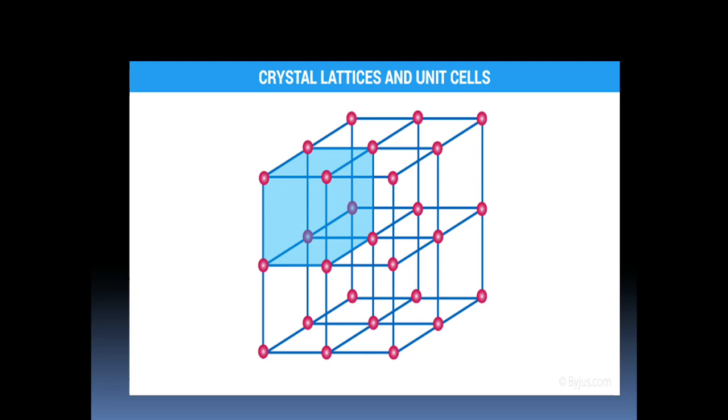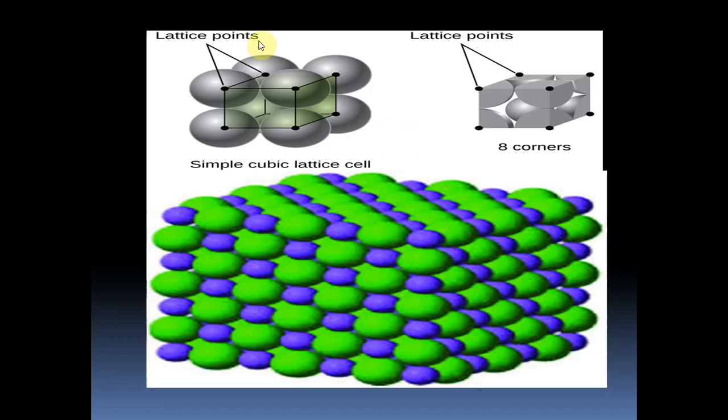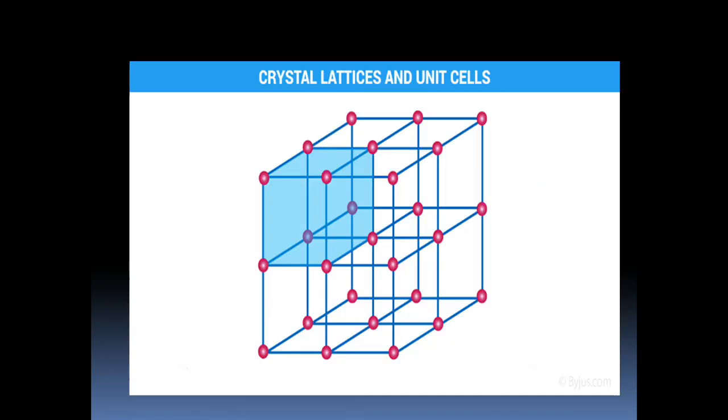Hence, for our convenience, we are using this ball and stick model. So, never think that in between two particles there is a space like this. Particles are closely arranged. See, as you are seeing in this figure, they are closely packed. But for our convenience, we will be drawing the crystal lattice in this pattern. And each corner or each point, each lattice point, is indicated by a small ball.